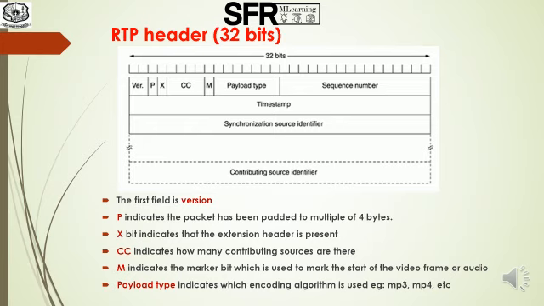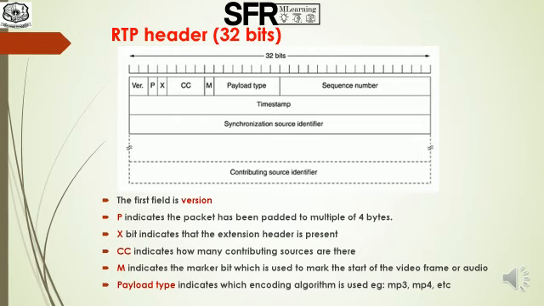The first field is VER, used to denote the version, and then P, used to denote padding. That is, it indicates that the packet has been padded to a multiple of 4 bytes. Next, the X bit indicates that the extension header is present,